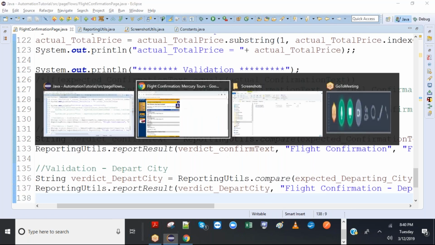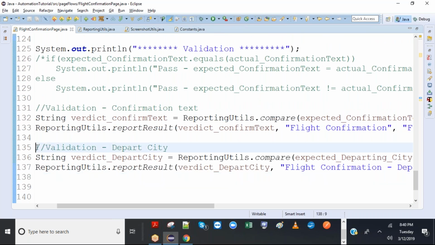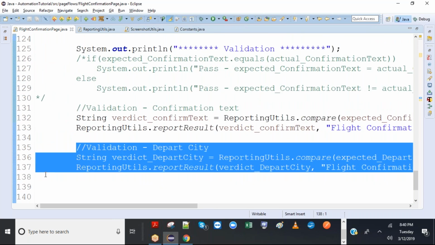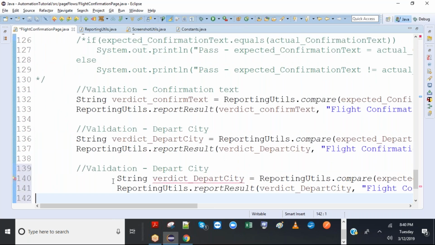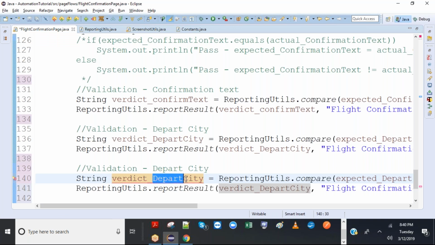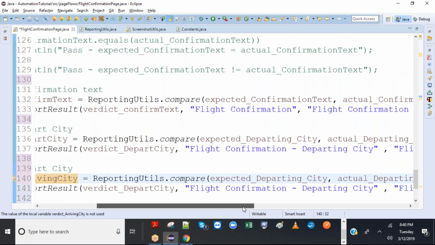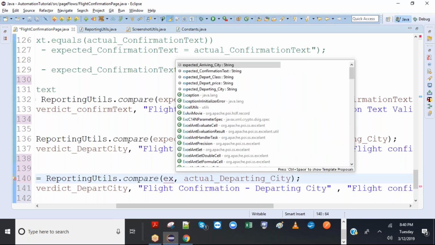Okay, so we will put one more also, Paris. So it would be similar to this, just arrival instead of depart. So instead of depart, I'll just rename it as arrival, arriving city. So this would be changed to expected underscore arriving city.